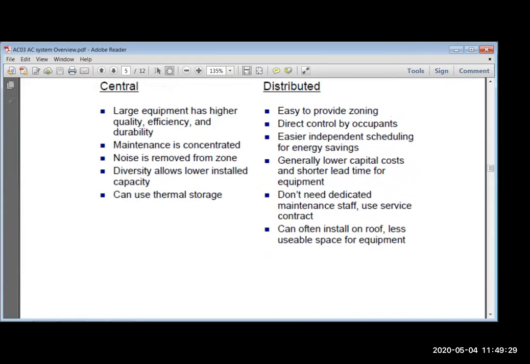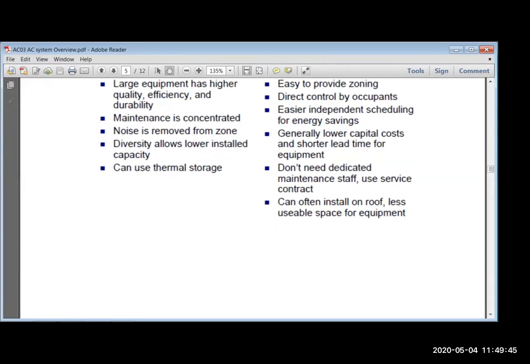Now, lead time for commercial purposes, downtime is very important. If some institution is running a business of billions of rupees per day, and for 2 days its AC is not working, that owner will be losing billions of rupees in 2 days. That's why downtime is important. Central AC system downtime is very continuous. Now, the distributed system doesn't need dedicated maintenance staff, you can use a service contract.